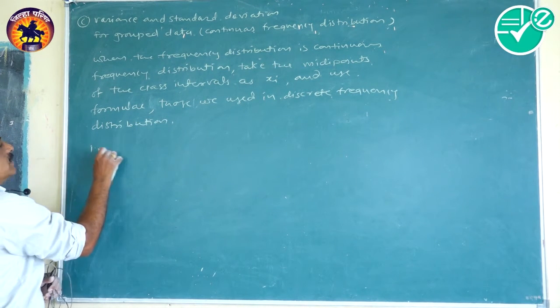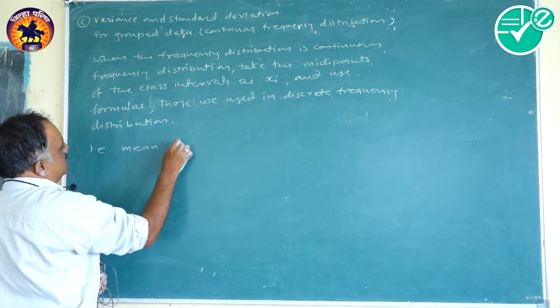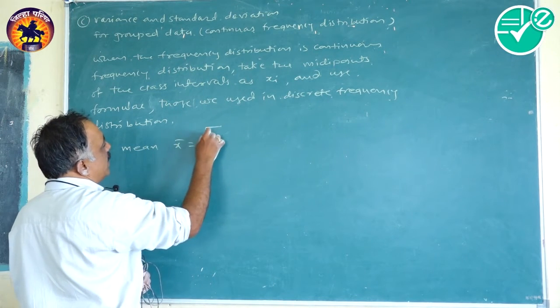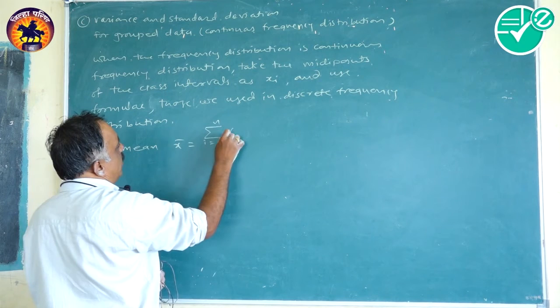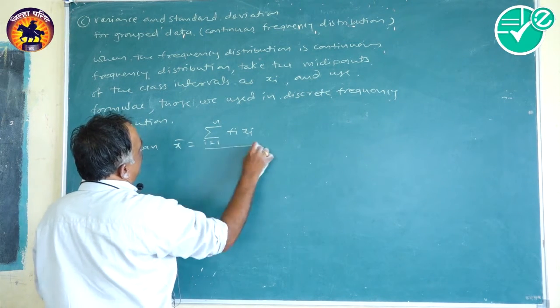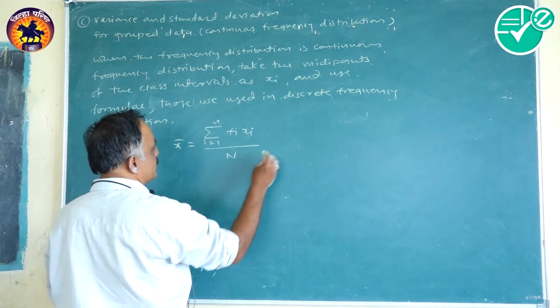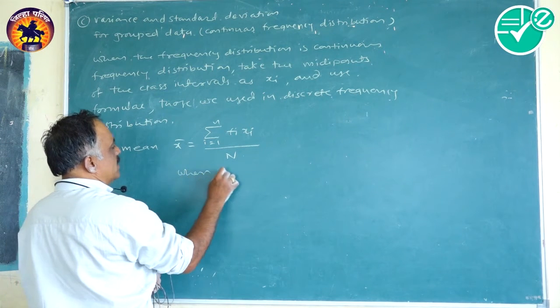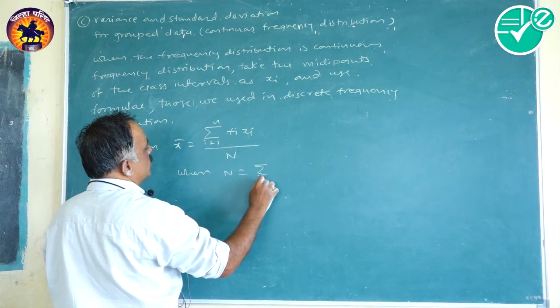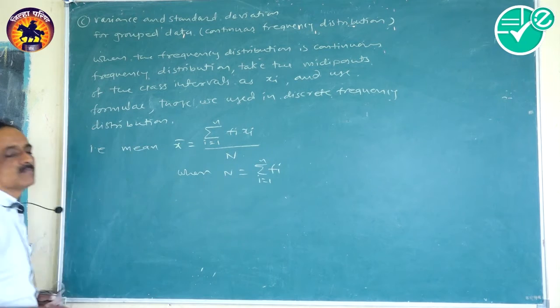That is, mean x bar is equal to sigma i equal to 1 to n of fi xi divided by capital N, where capital N is equal to sigma i equal to 1 to n of fi, and